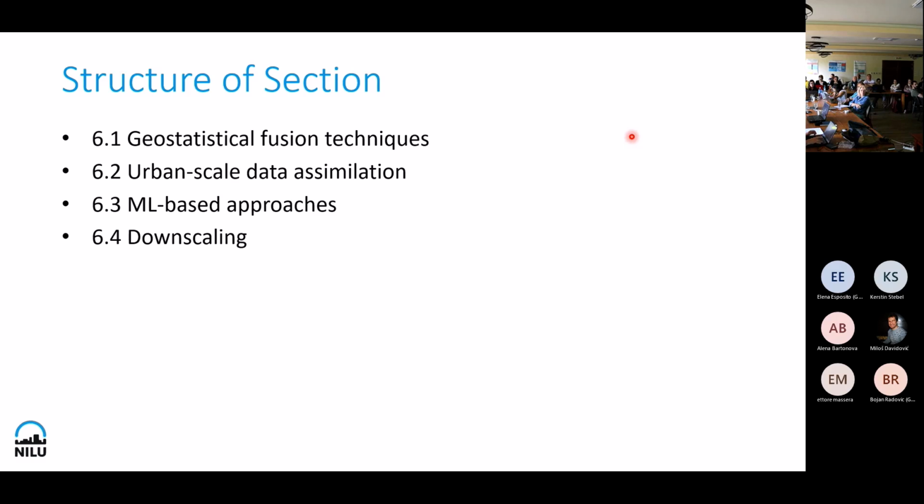The third one is ML, machine learning based approaches. There I don't mention too much, actually just a case study from a PhD student of ours who works on this topic. And then the last topic is downscaling, which is not so much about the combination, but